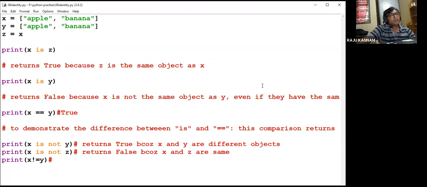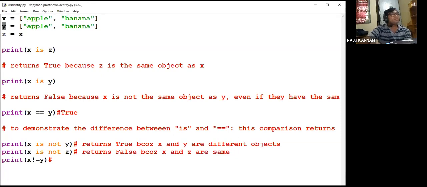How are x and y different? Here we are creating a variable and assigning some value. The moment you create a variable and assign values, x is assigned some memory to store these two strings. Similarly y.